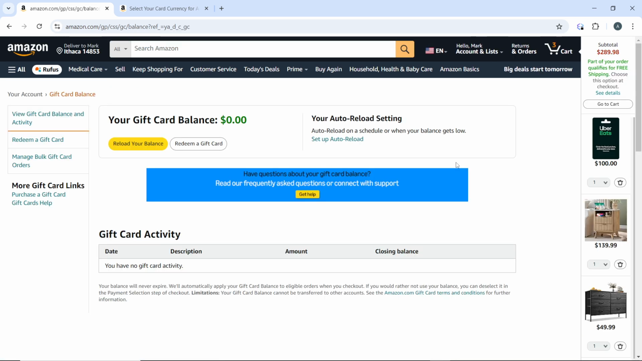On the gift cards page, your current gift card balance will be displayed at the top of the screen, and it'll say $0, unfortunately. Okay, now you can also view any gift cards that have been redeemed and their respective balances. So if you want to see,